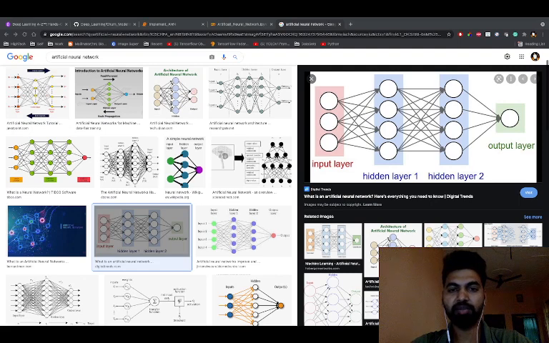After feeding the data to the input layer, the input goes to the hidden layer. There the computation takes place, where the input gets multiplied by some weight, and we add some bias term to it. After that there is an activation function for activating the particular neuron. After activating that neuron, this entire result, wx plus b, is processed and fed to the next hidden layer. After that, we predict the output, and in the output layer again we use activation functions.